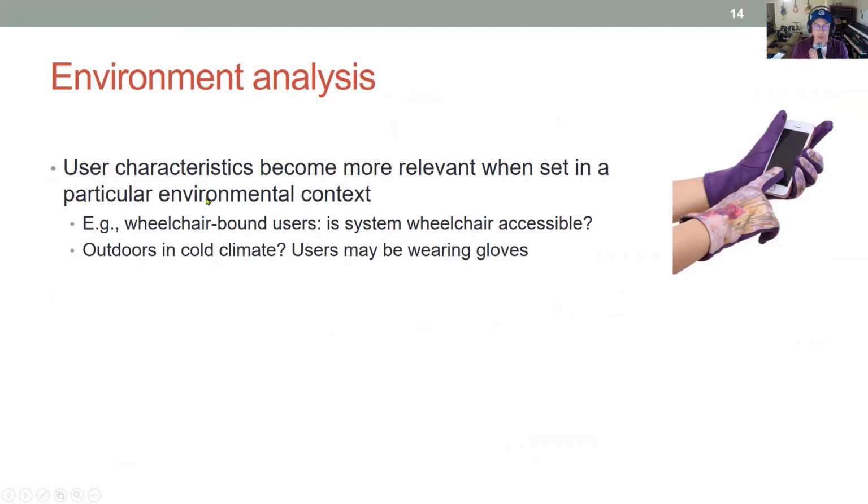But if you think about how certain users may try to perform certain tasks in certain environments, all three of those might matter. If we have a wheelchair bound user, you have to think about the physical environment, if that can accommodate it. Here's the human, here's the technology. But if I'm going to try to do this outside, in Michigan, or a northern, cold place that isn't Texas,